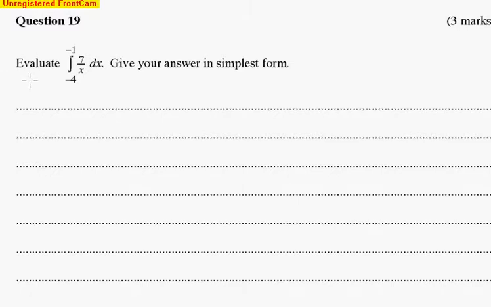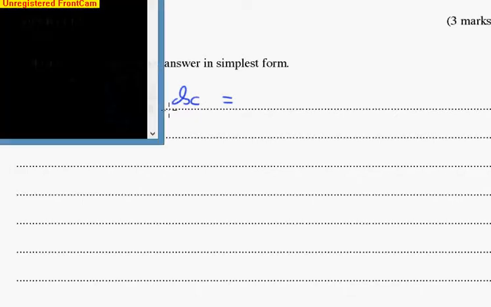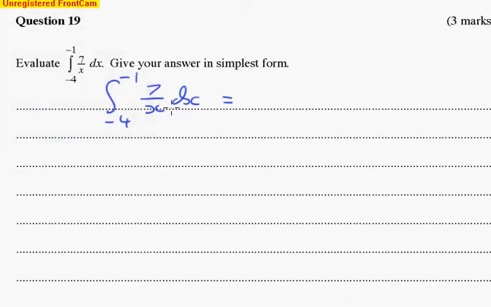Here is question 19. We just have to evaluate that there. So that's where we go. The integral from -1 to -4 of 7 over x. Now, the integral of 1 over x is log to the base e of the absolute value of x. So 7 over x gives 7 times that log of the absolute value of x, base e, between -1 and